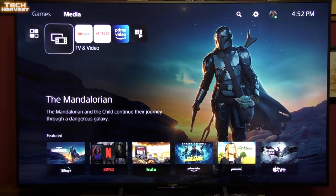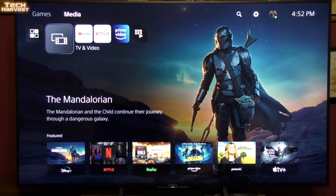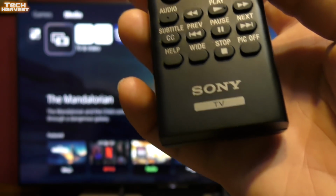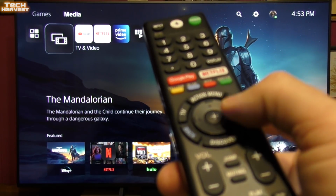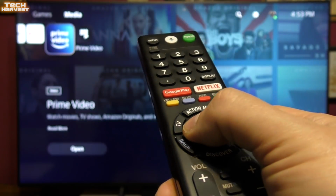the controller as often. Now, the only thing that was unexpected about this is that, like I said, my TV remote actually works to control the PlayStation 5. Of course, I do have a Sony television set here, and that's probably why. So I'm going to try and keep this in frame for you, but I'm just going to use a directional here. And you can see that it's changing